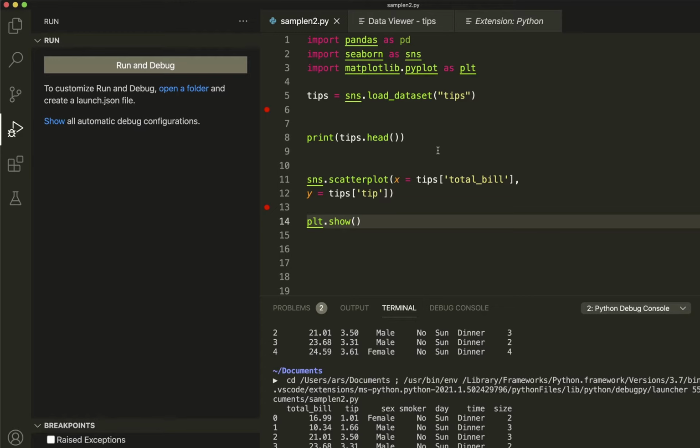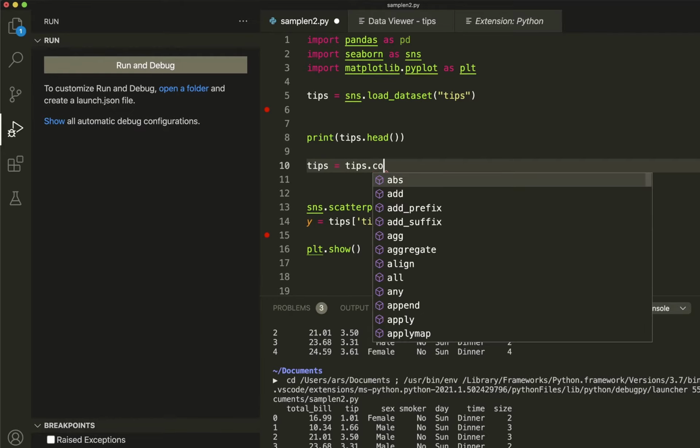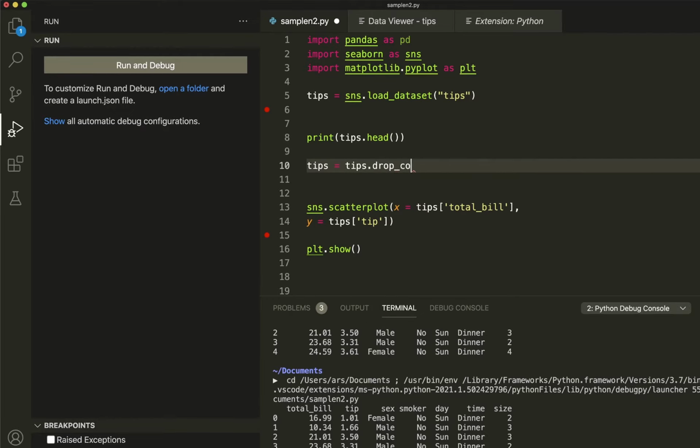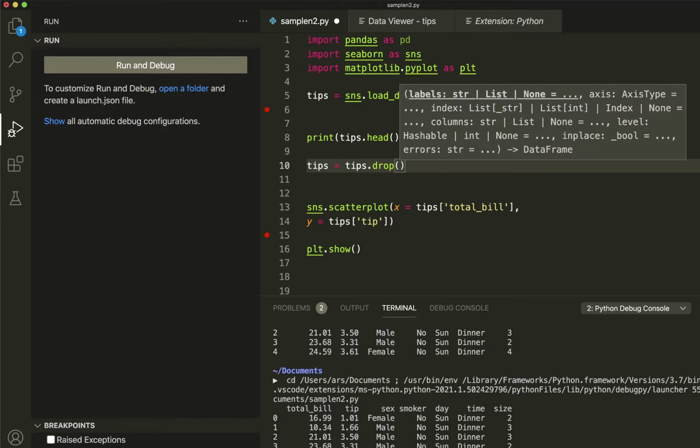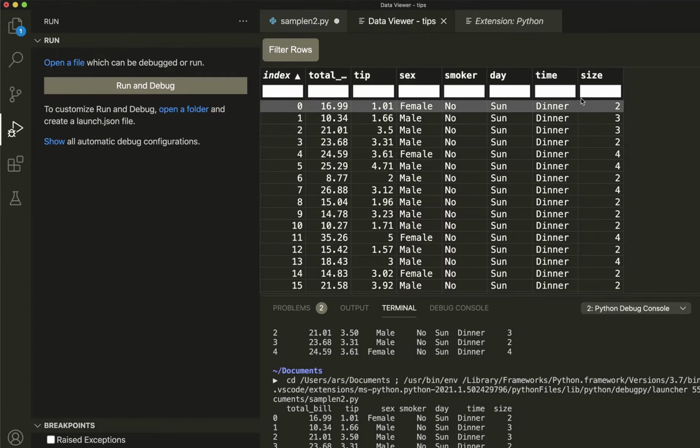Just to quickly show you how the data frame changes, what we can do is go here and say tips is equal to tips dot drop column. I can just use the column name, which in this case I want to drop is size.